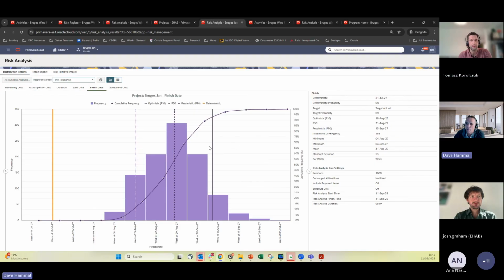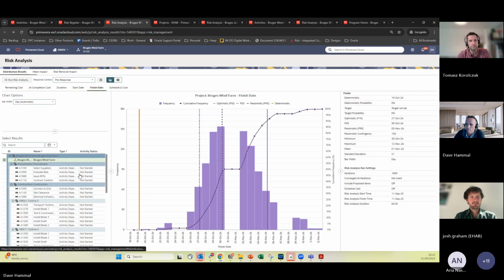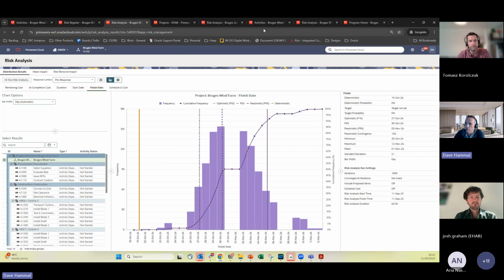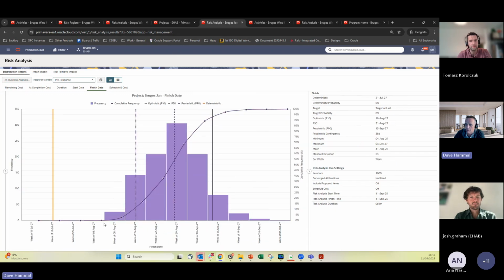True. But you can see in this particular case these are now weeks along the bottom, whereas we were in days on the previous one, right? We could see this was in days, and this is a week. This is another week, and these are the weekends in here. You can see on this other project it's slipping much further out, right? These are all in weeks. In fact, that contingency out of my P90 that was previously 13 days, you're now talking 38 days, right?